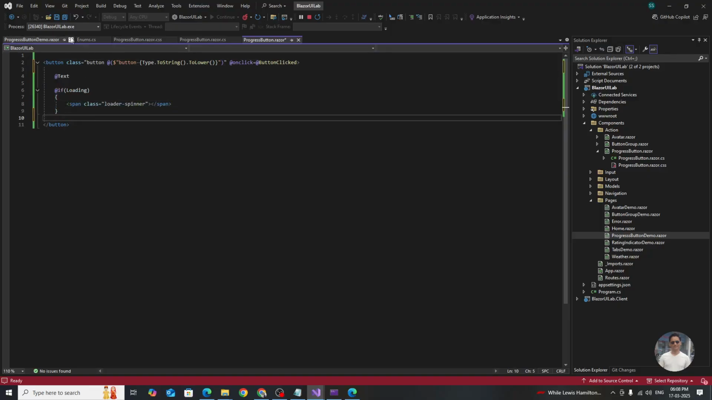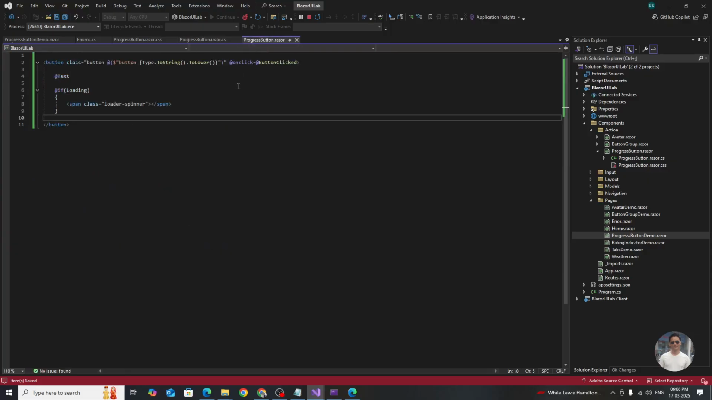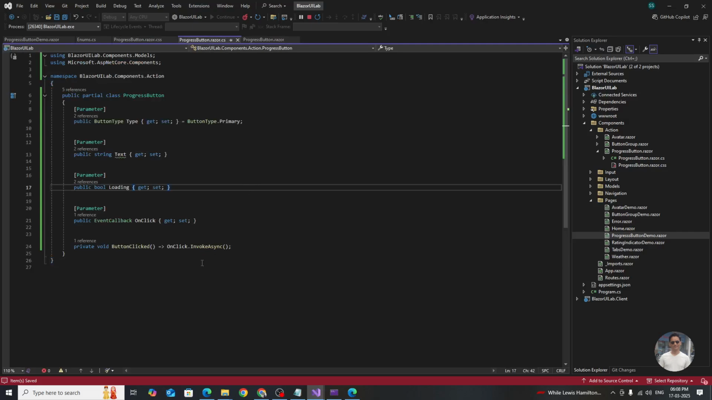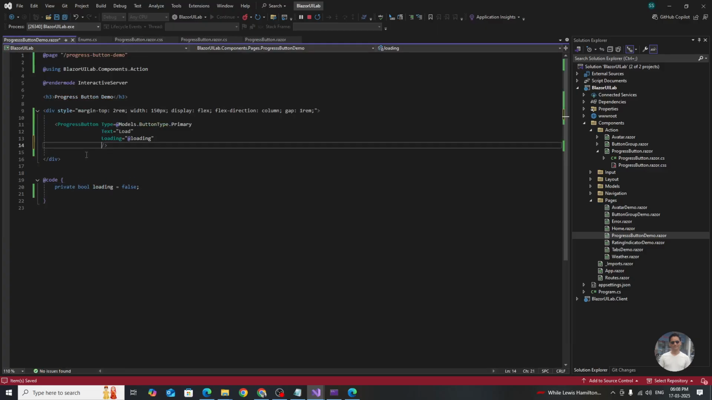Just to see everything clearly. So on the button click, once we click on the button, it will call the local function. Button clicked, yeah, seems fine. And then it will call the event callback. So over here in the demo, we will capture that click event, and then we can say on click, and